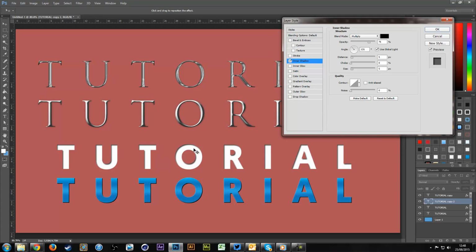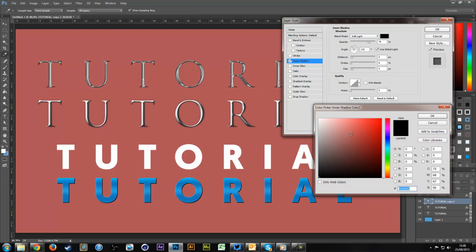better. So I've added the inner shadow there, and you can see that's now created a shadow there, and it makes it look like there's a hole inside of the background with light sort of shining through to create a shadow. And once again, you can change all of this stuff here, so you can change the blending mode. So you may want it, you know, overlay, soft light or whatever, and then when you change the colour,